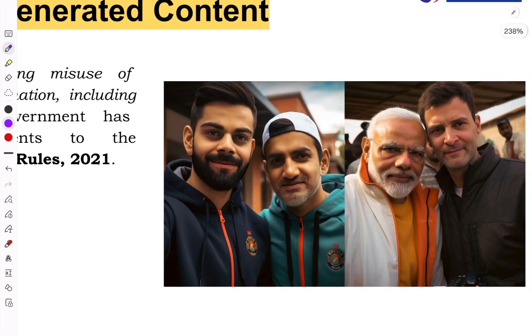See this image. These are the artificial intelligence based pictures made of these famous personalities. See, in these pictures there is no offensive content. But what if anyone starts making offensive content? I recently came across one video on social media which showed the Honorable Prime Minister and the Honorable Leader of Opposition fighting in the Parliament.